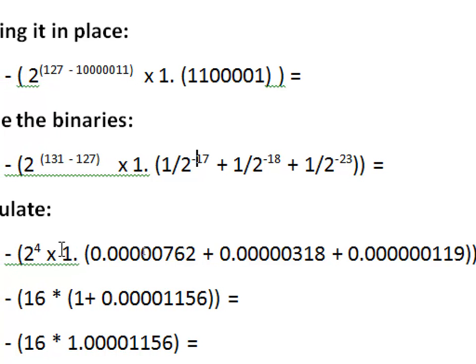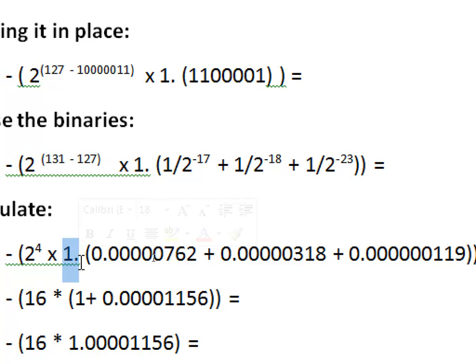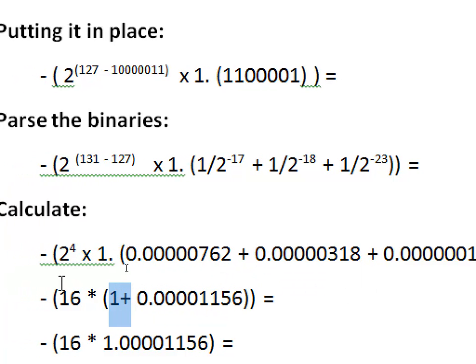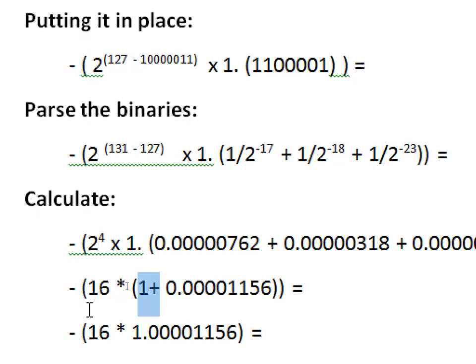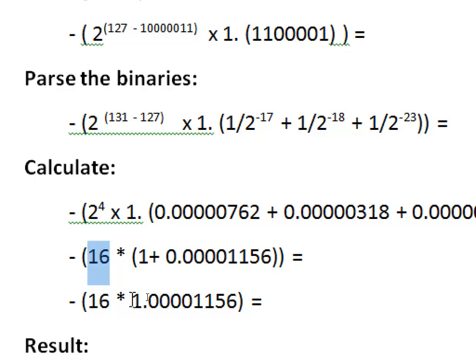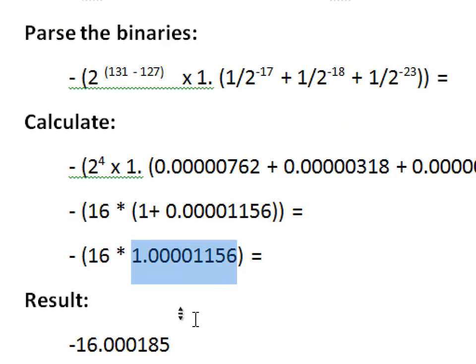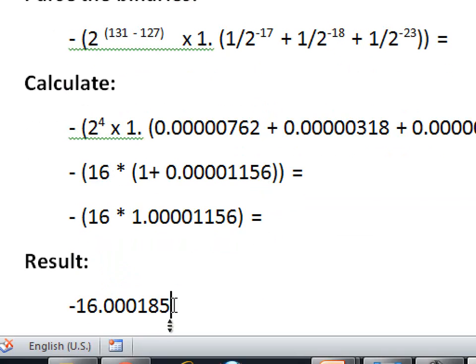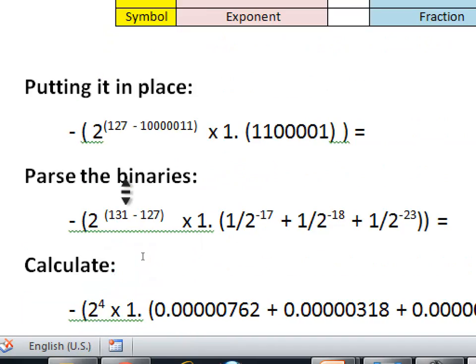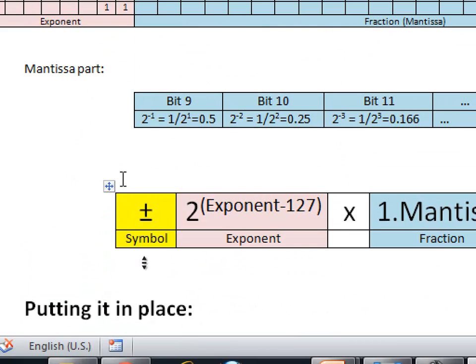We have to put by force 1 point to every one of them, so the result here will be this, and we have to add 1 to it. And in the end, we are multiplying 16 by the result of what we get, and that would be this number. Not very intuitively easy to construct this from that,